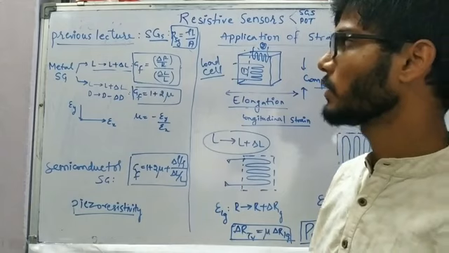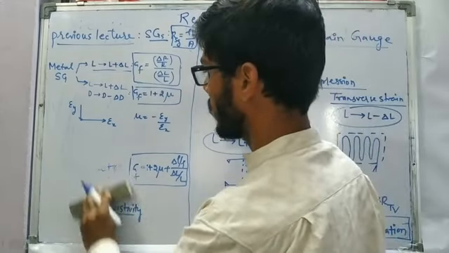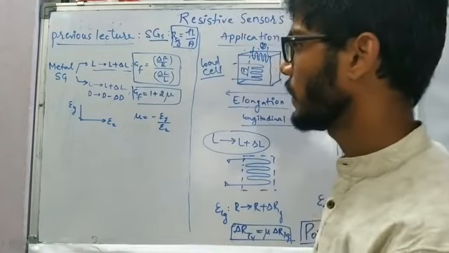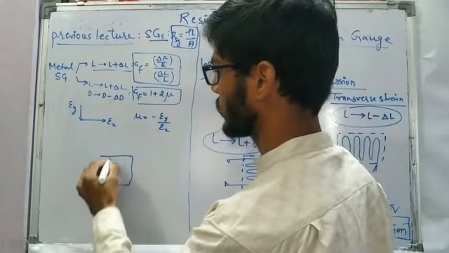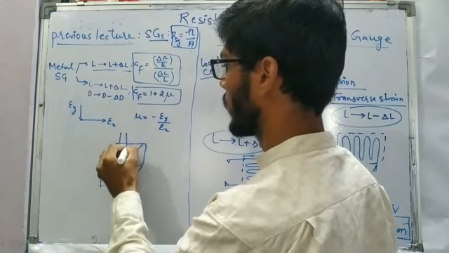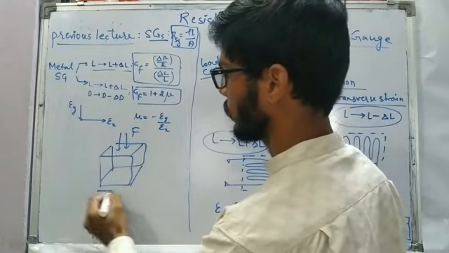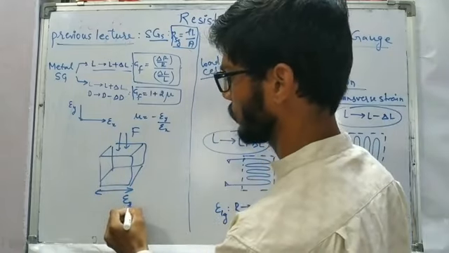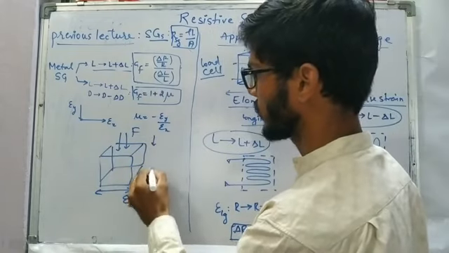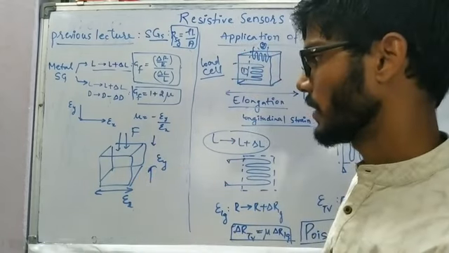So now we'll have a look at the application of the metal strain gauge, and in that also, first I would like to take an example, and I am taking the example of a load cell. Now if we are applying a force on this particular three-dimensional structure, it is going to expand in the linear direction, due to which it is going to produce the linear strain, and also it is going to shrink in the vertical direction, due to which it is going to produce vertical strain.